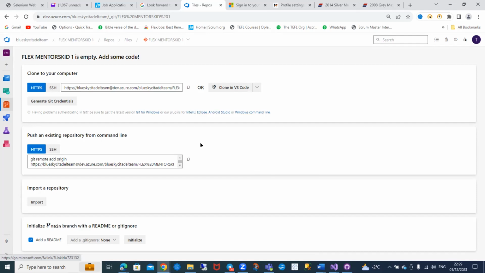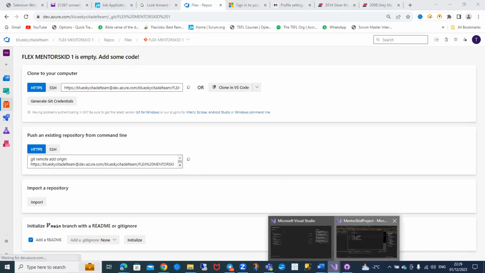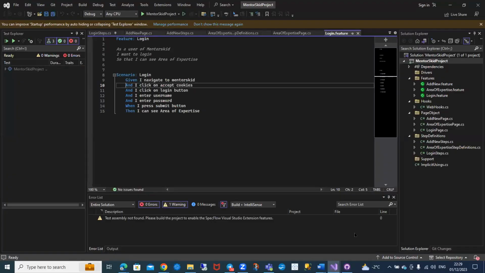So help me copy git remote add origin, all the links, just copy it down. Yeah, you can copy it. Then go back to your Visual Studio. I hope we get it right. All right. So here,